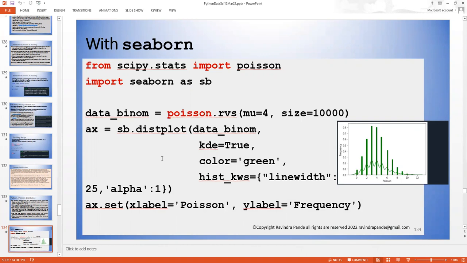We are importing poisson from SciPy. SciPy stats has a library called poisson. So we are importing a particular part of a library, and then we are using Seaborn. These two libraries together are going to plot this graph for us. We are using something called rvs within the Poisson distribution, where I'm passing a certain set of numbers. There's a mu. Mu is the Greek letter mu, which is normally marked for the distribution within the Poisson